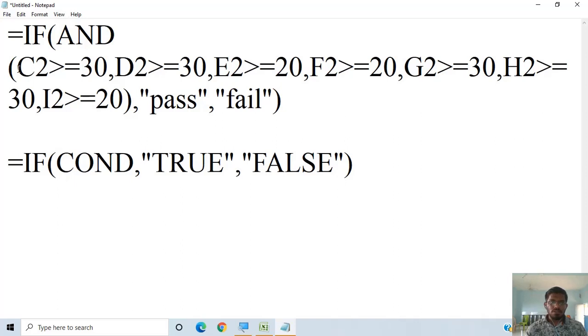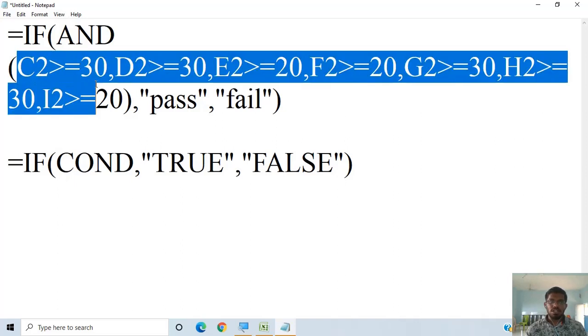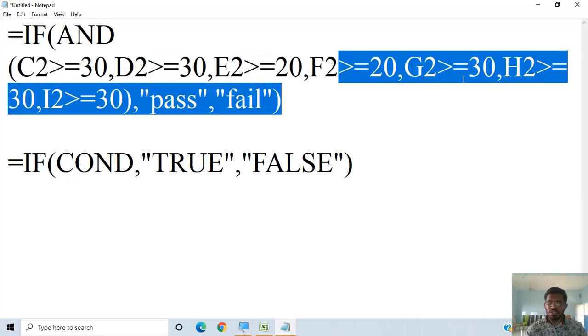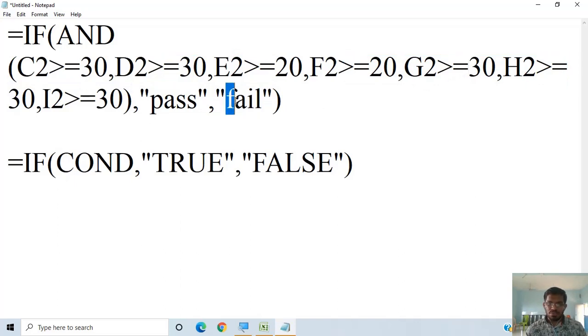That means if the C2 value is greater than 30 and the D2 value is greater than 30 and E2 value is greater than 20, F2 is greater than 20 and G2 greater than 30 and H2 greater than 30 and finally I2 greater than 30, then it has to be shown as pass. If any one of these conditions fails, then it has to be shown as failed. This is the condition I wrote there.